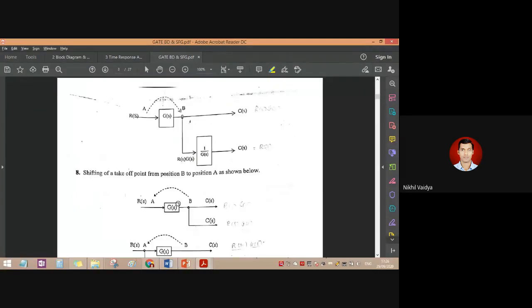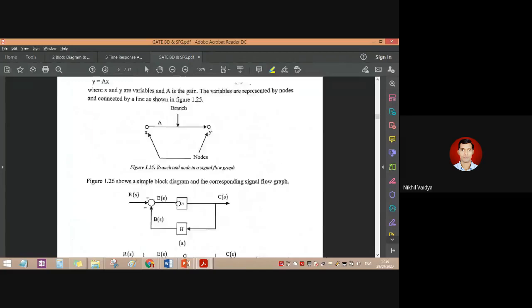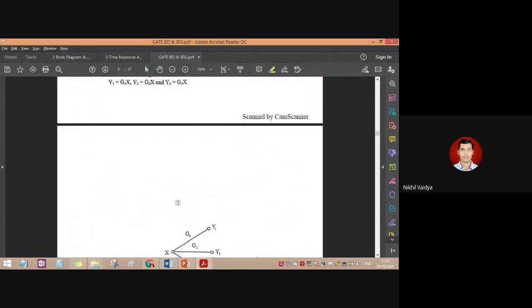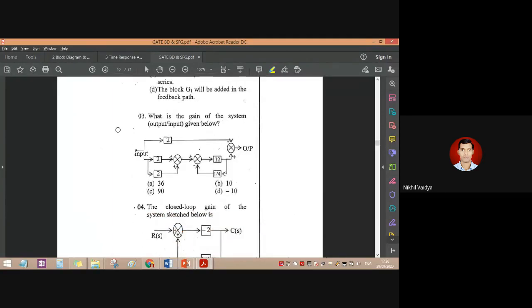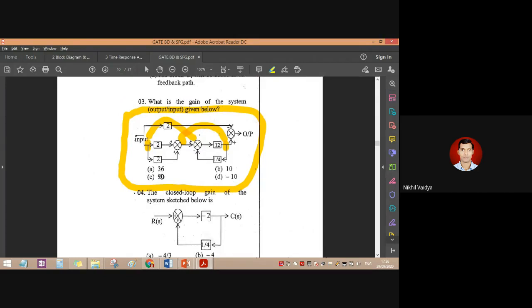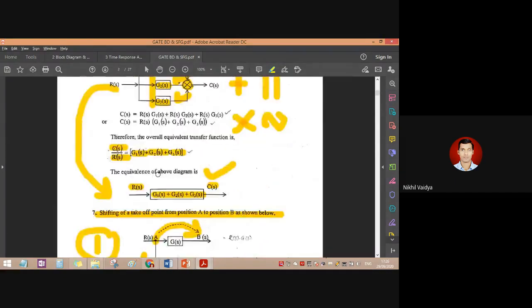I will show you the example which we are going to study today. See, this is a complete block diagram. This is one of the questions we are going to learn today. Now in this particular block diagram, where is the takeoff point? Here is the takeoff point. Now to reduce this, we may need to shift it here. Like that, there may be some complex system where we may need to shift our blocks. So for that, we need to study these rules. Okay, so we will continue.